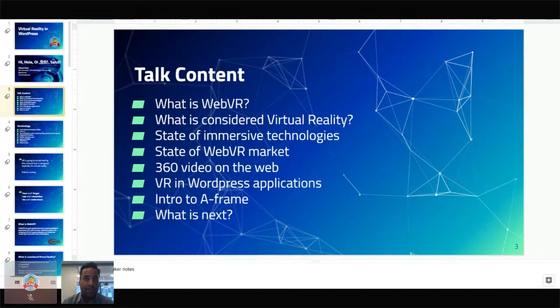We'll see a little bit of JavaScript, not too much. I know this is the JavaScript track, but we'll look at some JavaScript and how to implement it with A-Frame. And what is next? I'm also going to give you some resources if you're interested and curious. Some really good resources for you to experiment with.